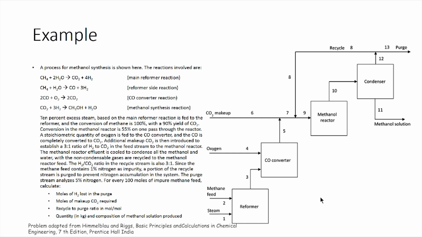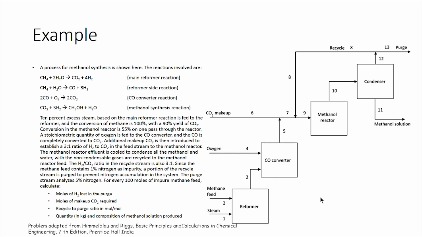10% excess steam based on the main reformer reaction is fed to the reformer, and the conversion of methane is 100% with a yield of 90% for CO2. Conversion in the methanol reactor is 55% on one pass through the reactor. The stoichiometric quantity of oxygen is fed to the CO converter, and the CO is completely converted to CO2. Additional makeup CO2 is then introduced to establish 3:1 ratio of hydrogen to carbon dioxide in the feed stream to